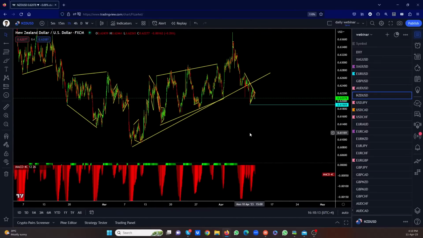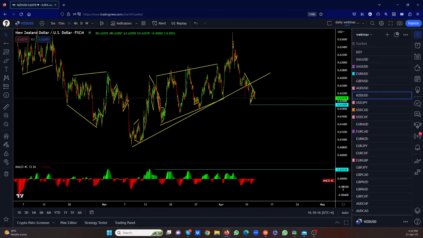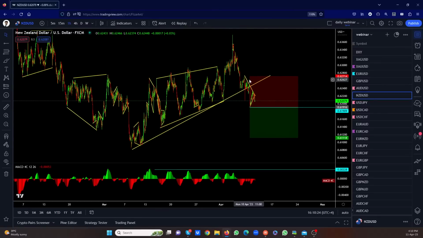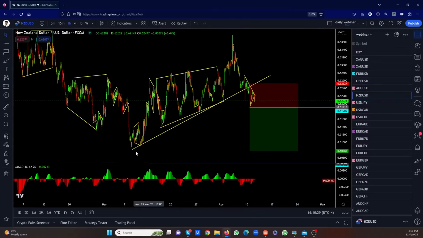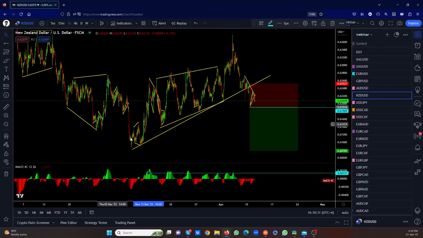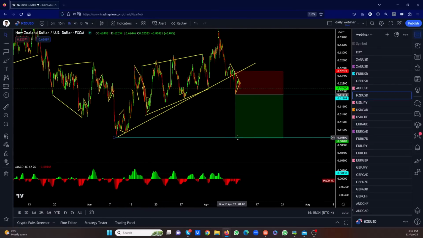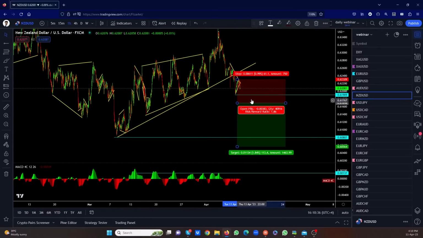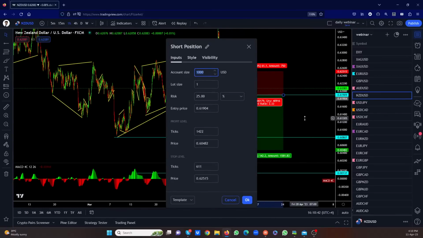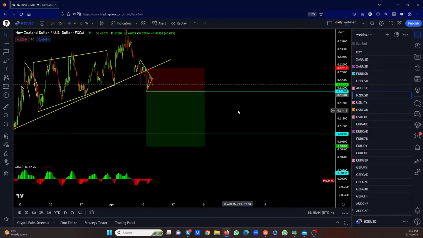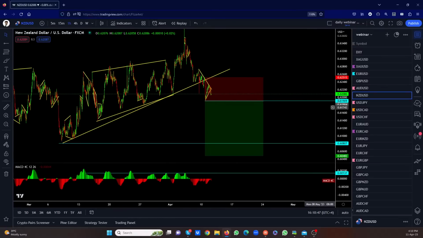So it's not the best setup. You'll have to be really good at managing this trade. But if you want to take this trade, this is how it would look. You'll put a short here. Put an entry here, put a stop just above that top there, and target the break of this low. I can't move that there, sorry. Put it here, right? Target the break of the low. Now, not always will it go to the break of the low, but if it goes, that's the trade you're looking for. So we'll put it as a sell setup and we'll see how that goes.